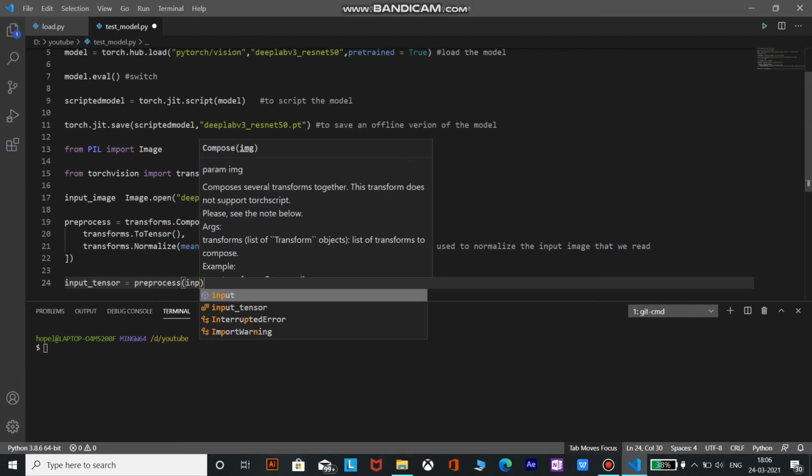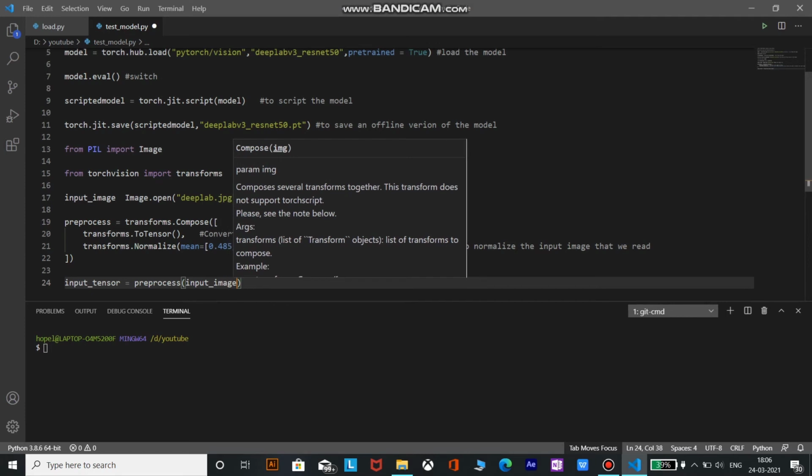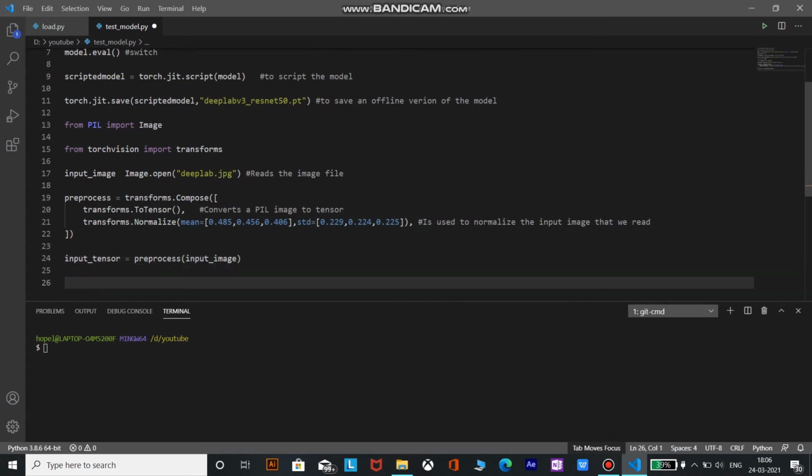input_image. Did I write it right? Yeah, I guess. So let's move ahead. input_batch equals input_tensor.unsqueeze along the 0th axis.